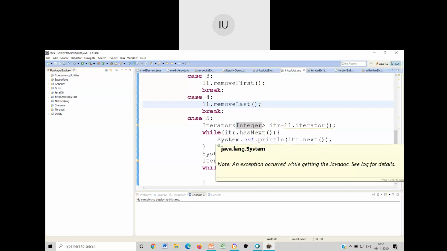How do we used to do this in data structures? If I want to jump from one element to another, we used to give the first arrow link, or the current arrow link, until current arrow link is not equal to null.